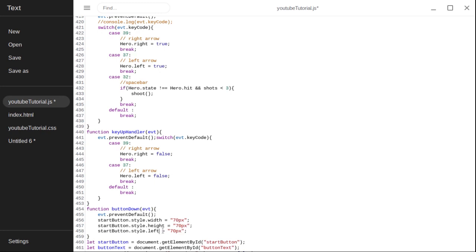You got to make that, I believe it's -223 pixels, because since we are changing the width and the height by 5, we need to move it over on its x-axis by half of that. And we need to bring it down, so change the top. We need to bring it down from 60 down half, almost half of 5, which is like 2.5, but we're just going to bring it down 2, so negative 58. So now that'll have the effect of every time we press the button, it'll look like it is being depressed